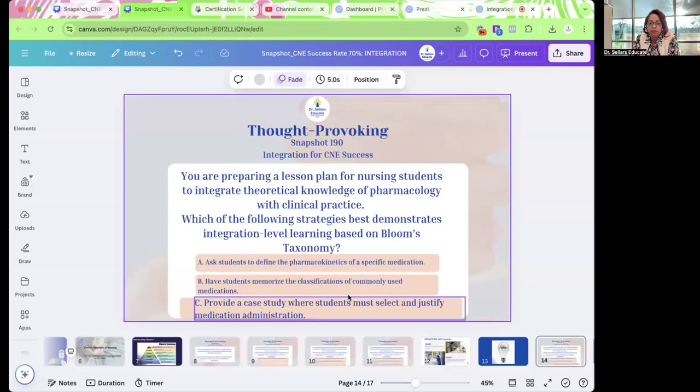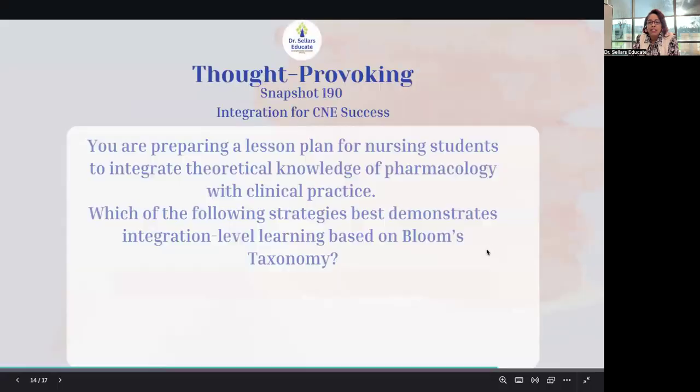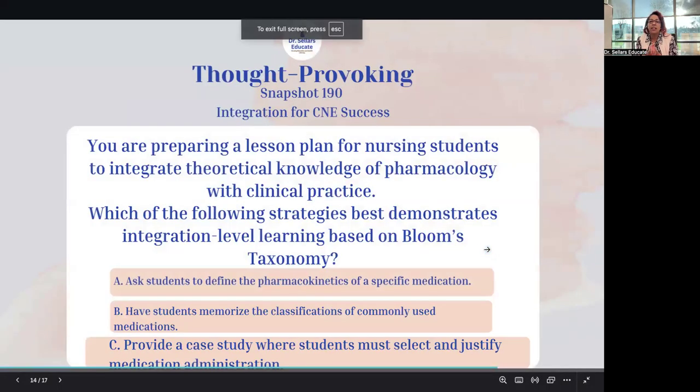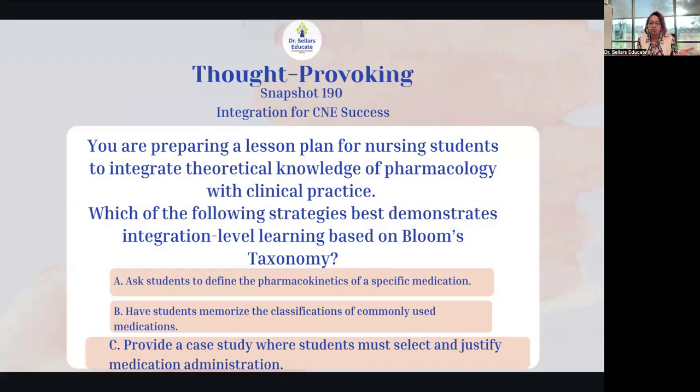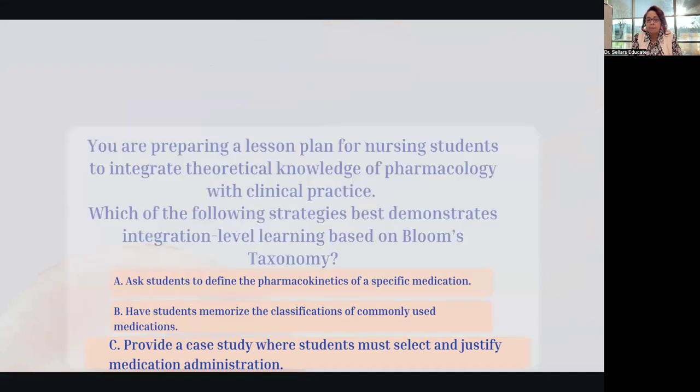So this is what we want you to do as our last tip before we close out our time together today. We want you to write down what attracted you to those incorrect options. Okay, so if you didn't choose C, we don't want you to get upset about it, right? Here's the good news. We don't write questions for the CNE exams, okay? We simply want to engage in thought-provoking questions that will allow you to pause and to better understand the rationale for the incorrect and correct options. Okay, so that's what we want you to write down. What attracted you to A or B if you did not choose C?